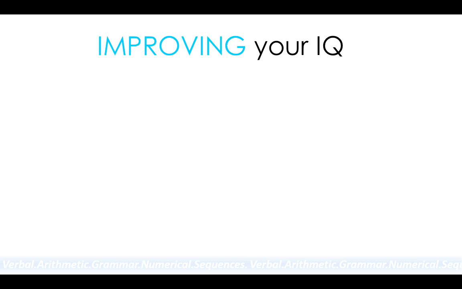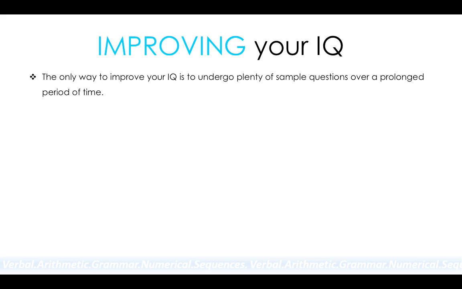Now, whilst IQ and aptitude tests are designed to test your intellectual ability, you are able to practice for them, which means in turn you are able to increase your scores. So that means the only way to improve your IQ is to undergo plenty of sample questions over a prolonged period of time. The more questions and question types that you practice, the better chance you have at scoring highly on your assessment. So after you have finished watching this presentation, be sure to check out our How to Become guide on IQ and aptitude tests, which will provide you with hundreds of sample questions in a variety of different